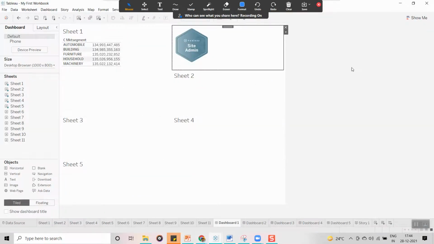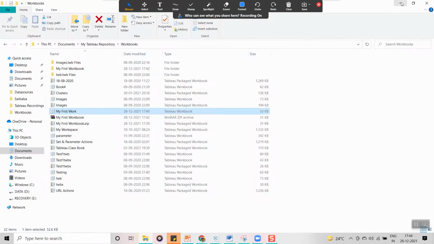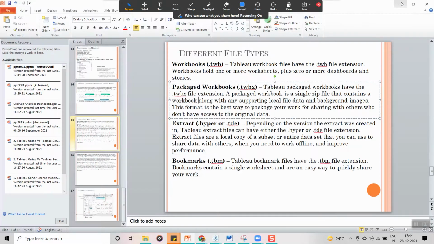And also background images means, for example, in sheet 1, if I use some image, this image also is going to be stored along with the packaged workbook if you save in twbx format. Guys, it is always recommended to save your work in twbx format if you are going to share with others.